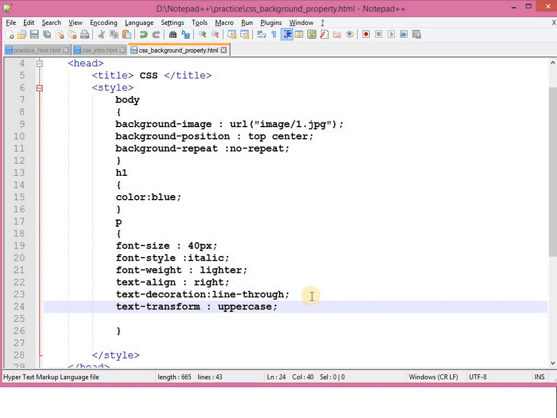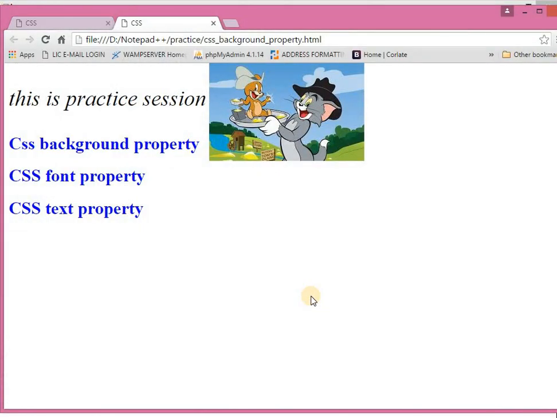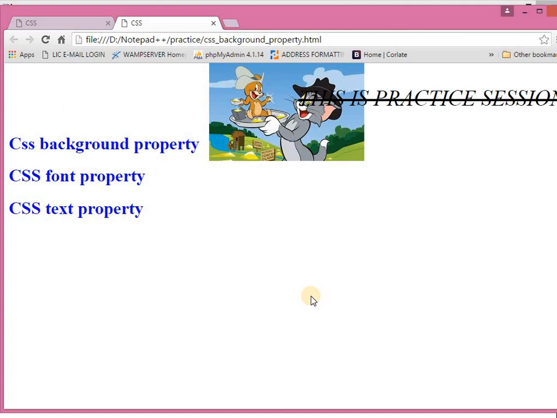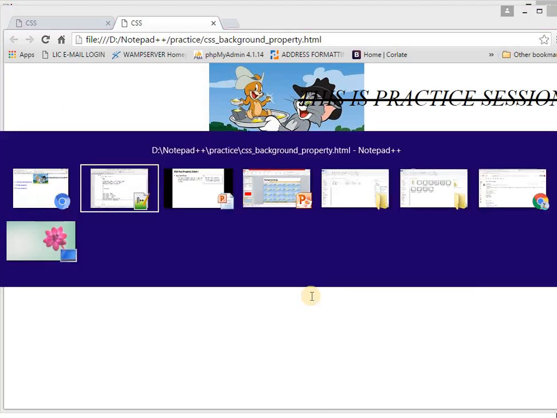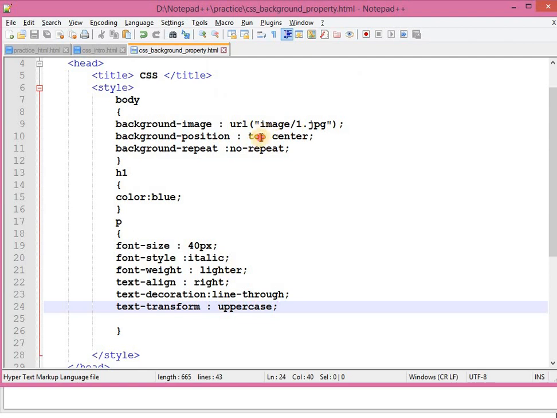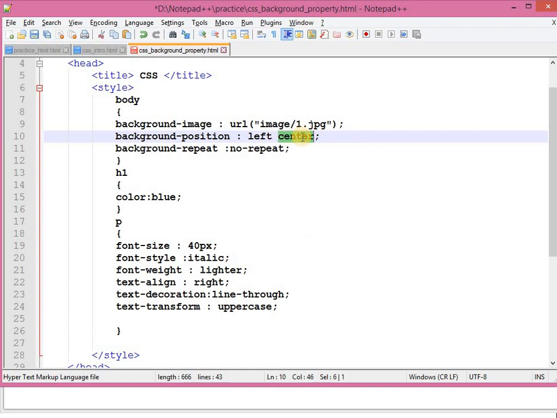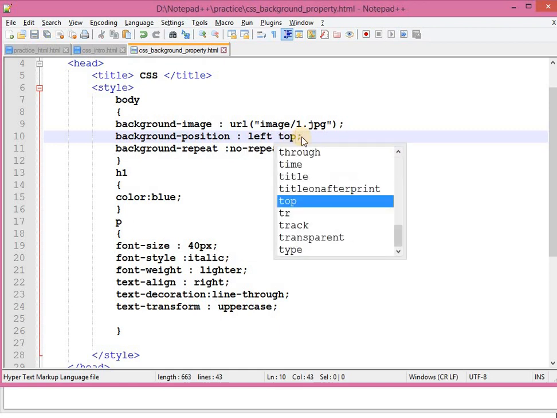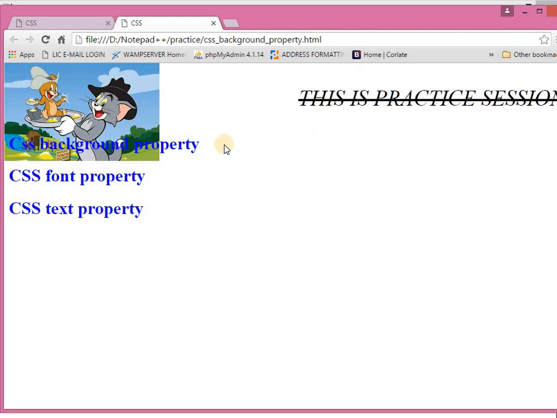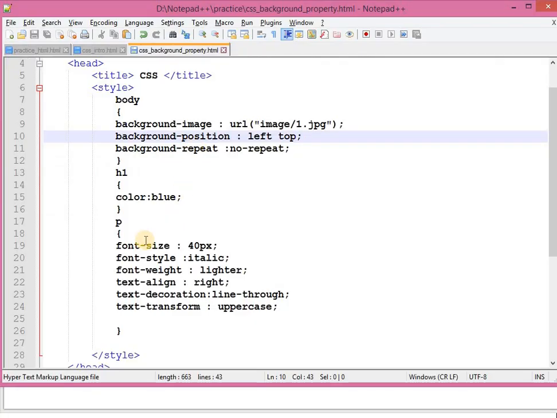Let me just show you the output of this. You can see this. Left center, left top, save, F5. Now you can see that.